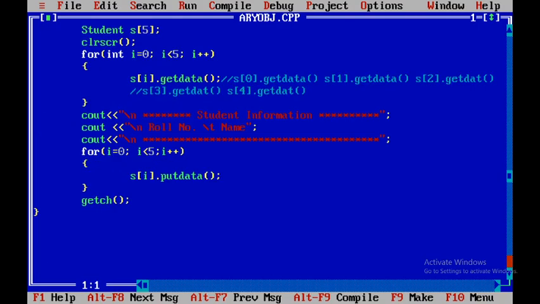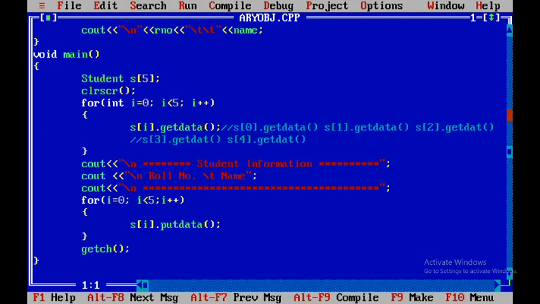If we want to have more objects, the same code skill we want to use. Let us consider I want to store records for 100 objects. Simply what I have to do, I have to write 100 here instead of 5, and here also I will write 100. That means the same program code we can execute for whatever size of array you require. For that, the same program can be used with minor changes.